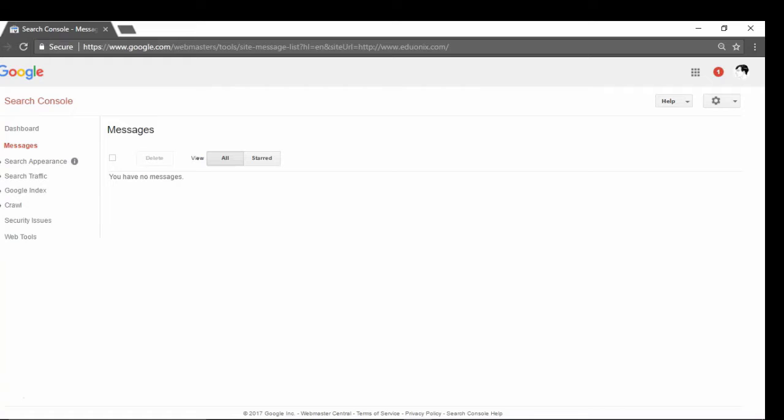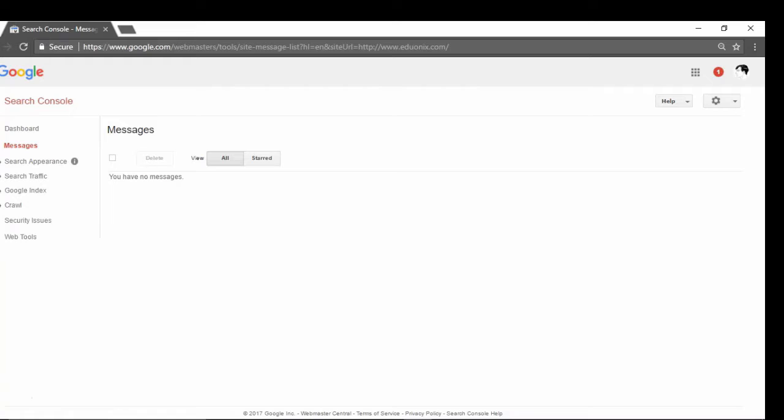Google can send a variety of messages, and these messages are really going to alert you about any problems that Google finds. Google can also give you tips about improving your website. That way, it can help you improve your website's ranking too. I would also like to talk about the types of messages you may receive